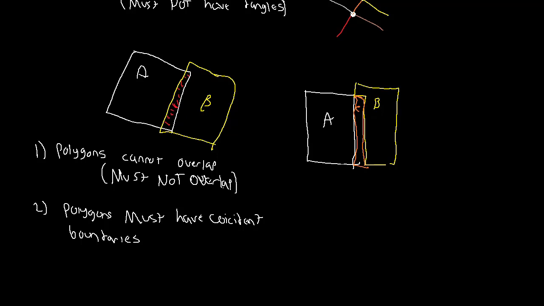Let me redraw this. Rather than the overlap being legitimate, but making a separate polygon for the overlap, what we're saying is that this line here and this line here are the same line,